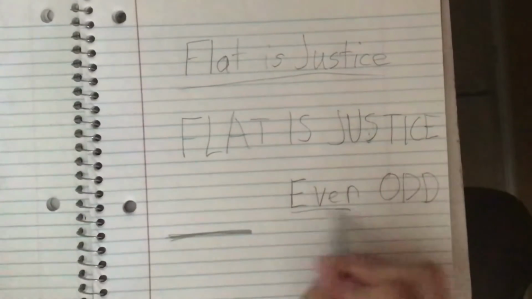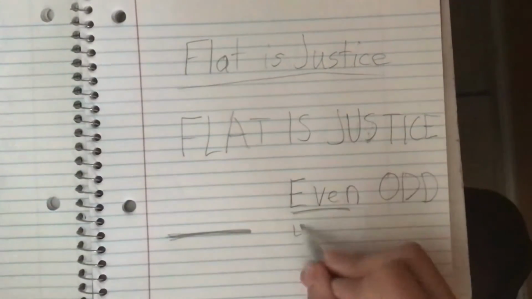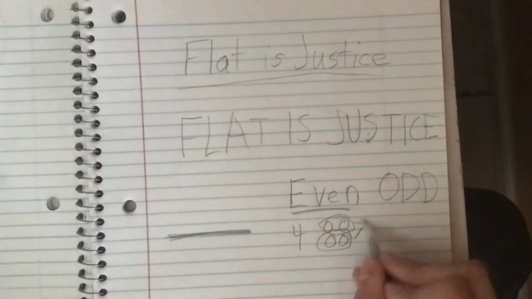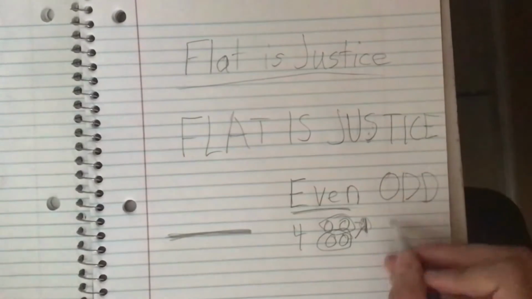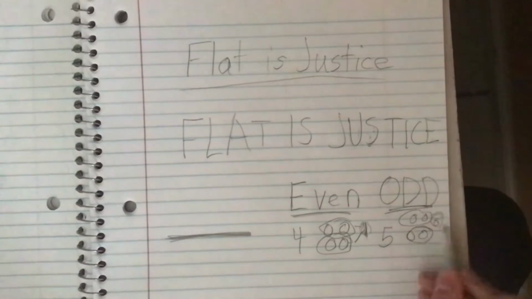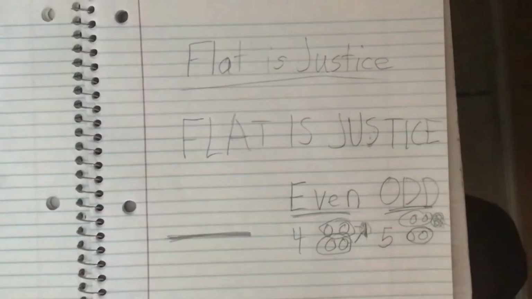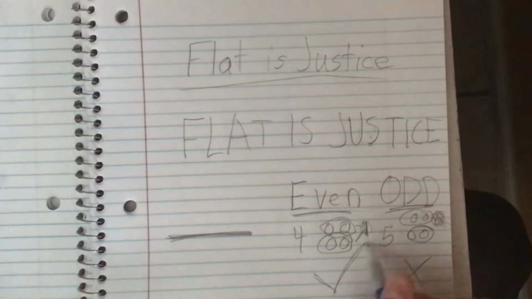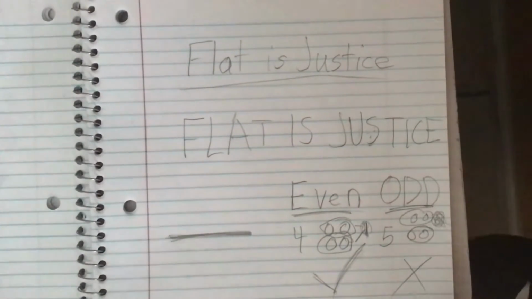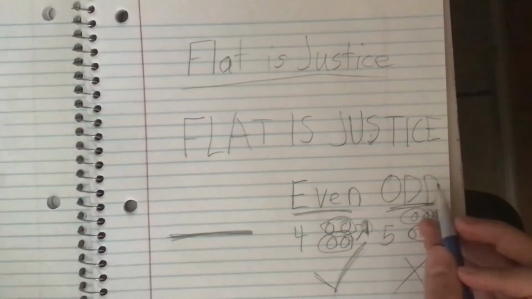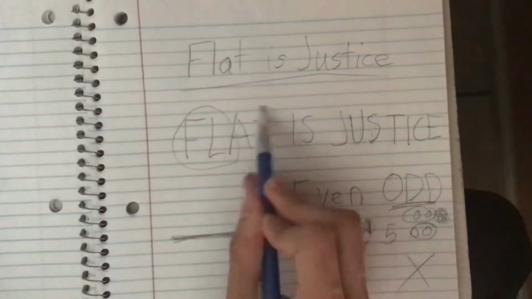So even numbers can be split into pairs, like the number 4. If we have 4 balls, those can be put into pairs. Everything is even. So if we take an odd number like 5, and we have 5 balls, if we split those into groups, 1 is left out. What does this mean? It means that odd isn't justice, but even is justified because it's all fair. No side is favored.